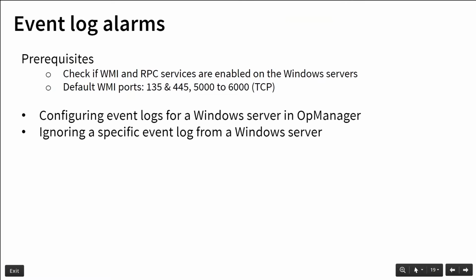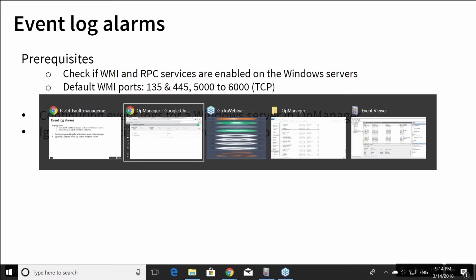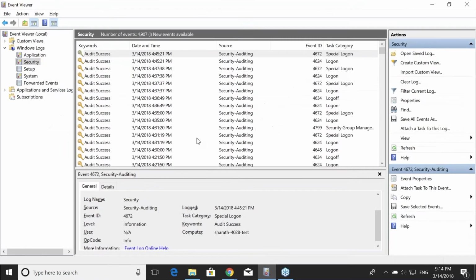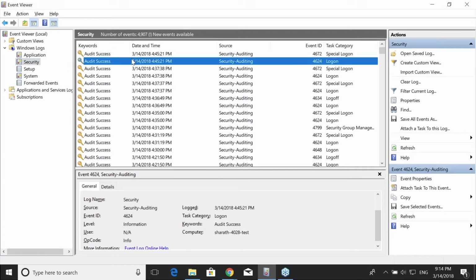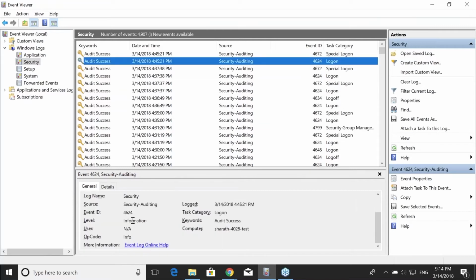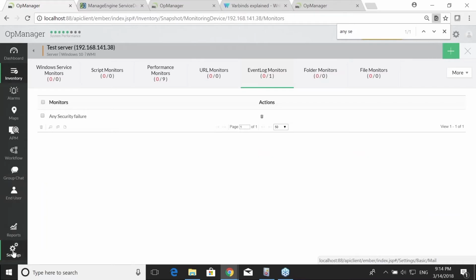Let's talk about ignoring a specific event and why it is a very useful feature. Say for example, we are monitoring the security events from the server, and it gives thousands of alarms for you. If you go to event viewer under the security section, you can see a lot of audit success alarms. Say I don't want the audit success alarm to be notified, though I want to monitor all the security events. What I can do is create an event for this from the event log section with this event ID. Copy this, I go to the product and settings,